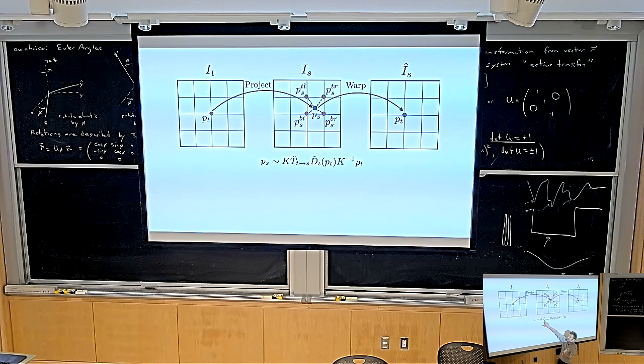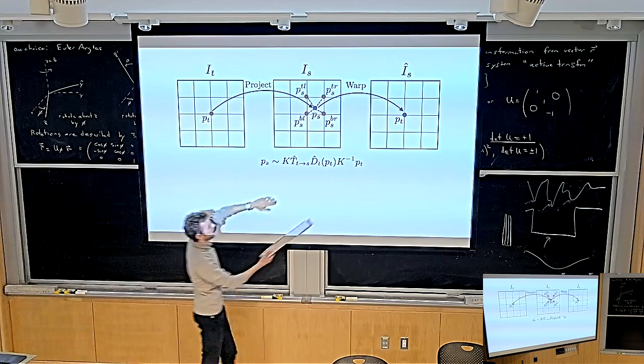What is t? That is poorly named, but this is the relative transformation of the two cameras. So this is kind of cam to world, you can imagine. This is cam to world, and then k is project onto the other view. So this is basically lift, change camera view, project, right? Okay. So that's what you're going to do.